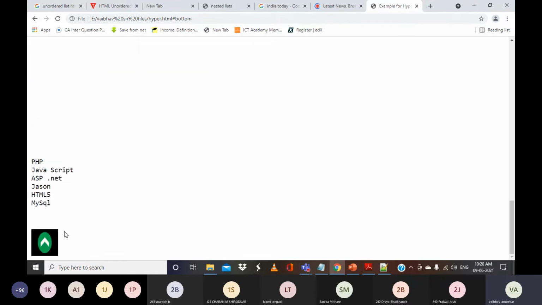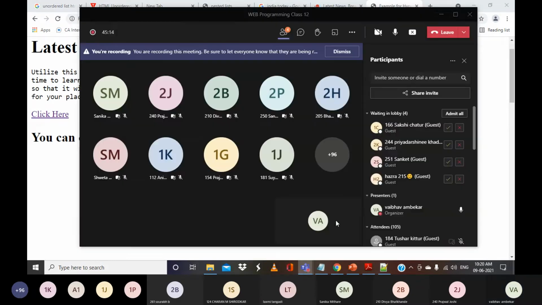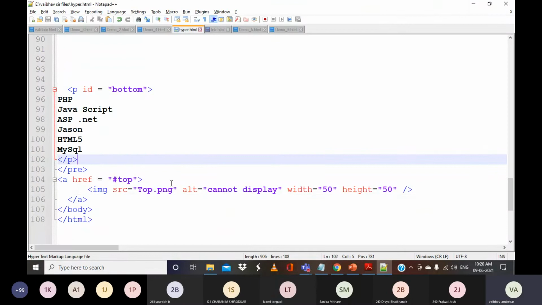So if I click on this image, I will go to the top of my web page. This is how you can include images inside the link.